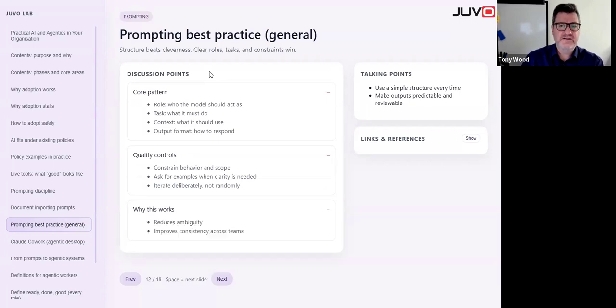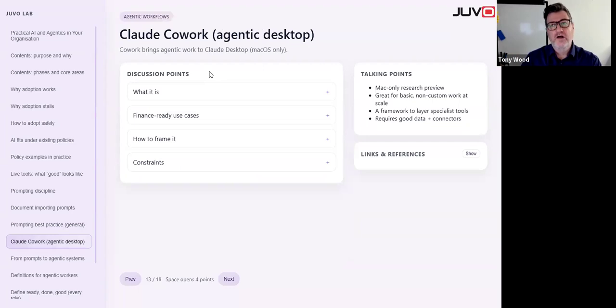And what we're looking to do is we're looking to reduce the ambiguity, otherwise known as hallucinations. And also, if everybody has these same sorts of rules, when different people use AI across different teams, suddenly you start to get a lot more consistency within there.